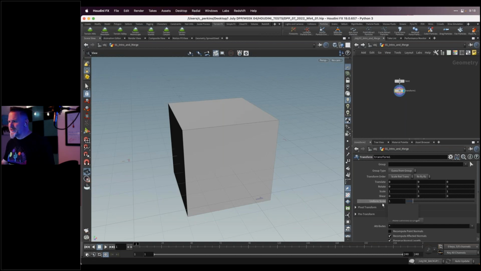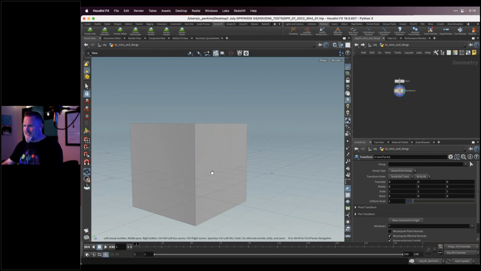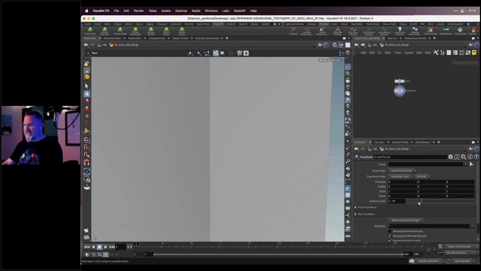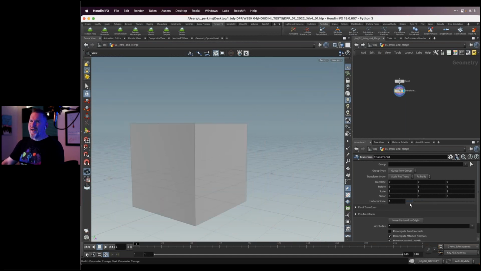Another powerful thing about Houdini is that each of these little fields, these are called channels, by the way, that will come up later, each one of these channels has a lot of power to it. So a very common thing to do is to create an expression that I'll show you momentarily, because what happens is you can see the grid kind of dissecting our object. And then as I scale this, it's scaling from the center. That's pretty default behavior for DCCs. If you're going to create a 3D object, it will scale from the center.